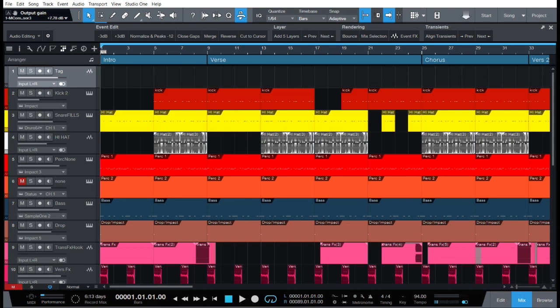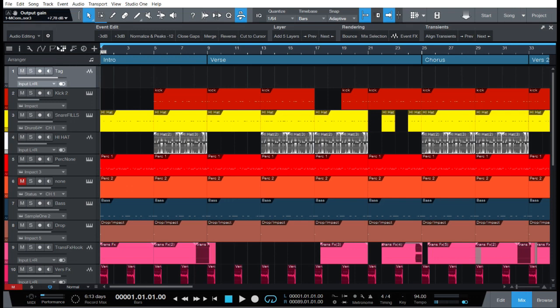So right now we're in Studio One. Basically, I'm going to show you how to export your mix down. Once you finish mixing your track, whatever your song, your vocals, instruments, once you finish mixing everything down, leveling everything out, you want to export it as a WAV or MP3. We're going to do a WAV in this example, but this is how you export the final track or the final